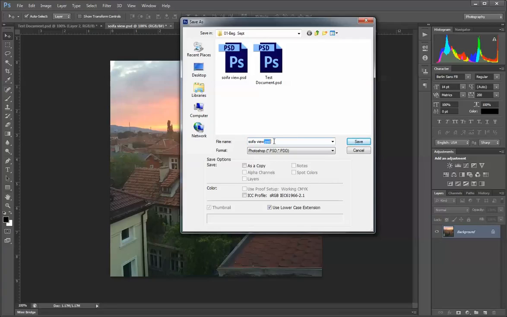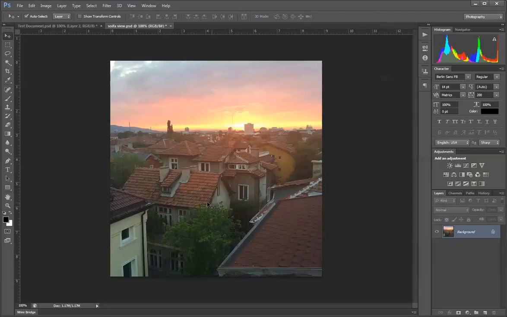Make sure you don't delete the file extension right here, because then your computer doesn't know what kind of document this is. So it's always good to keep the computer knowing what's going on and keeping the extension of the file. So I've saved my document, it's a PSD, I'm ready to work with it, I'm ready to experiment. What to do now? So the first thing you want to do is play with creating